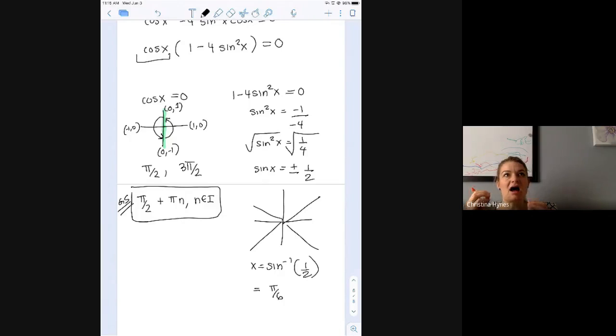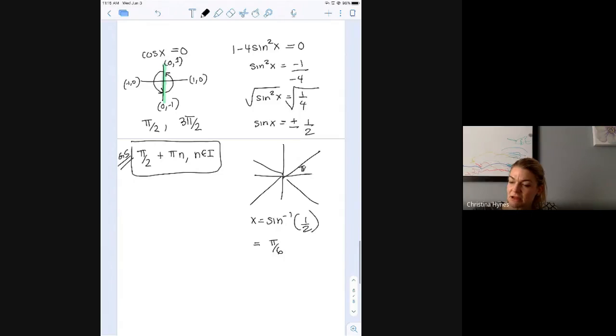So if you remember those main ones, like pi over 3, what is it? Pi over 6, what is it? Pi over 2, 3 pi over 2. If you remember those, then it becomes really easy to work with degrees and then quickly switch to radians. So once you know that the reference angle is pi over 6 for all of these,